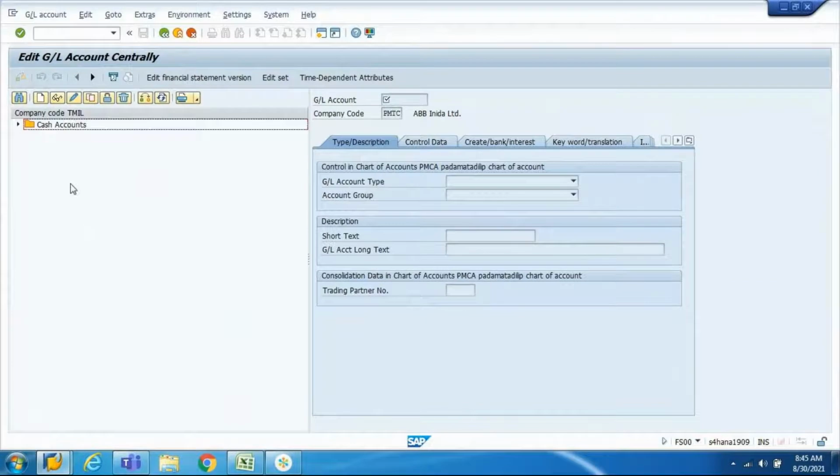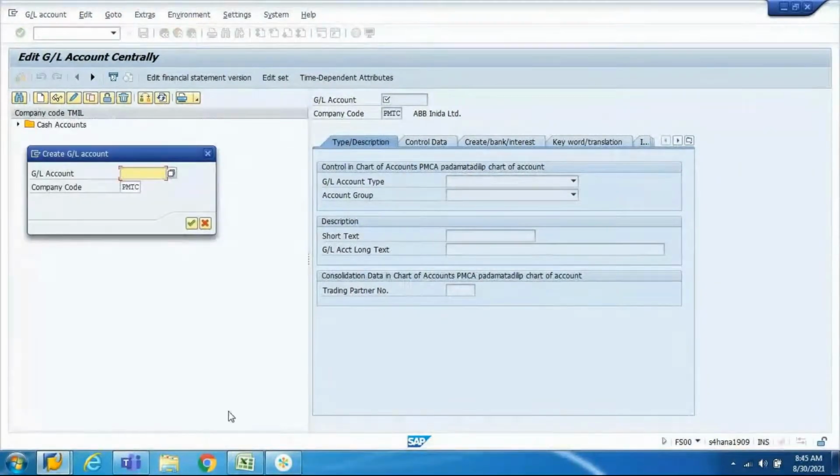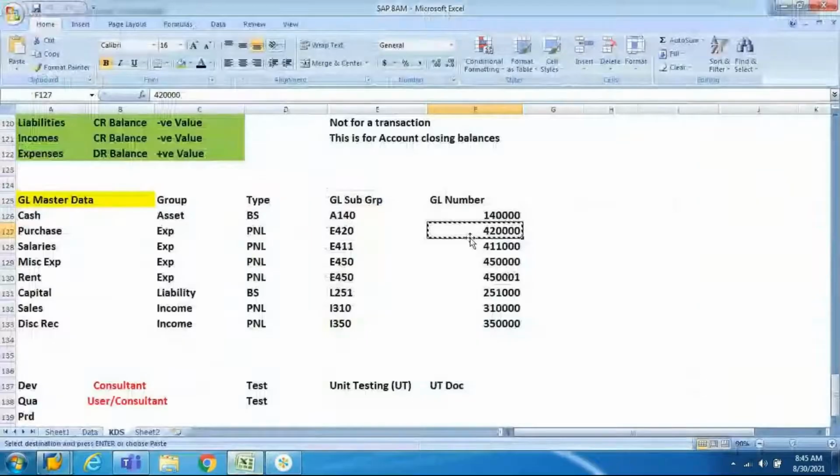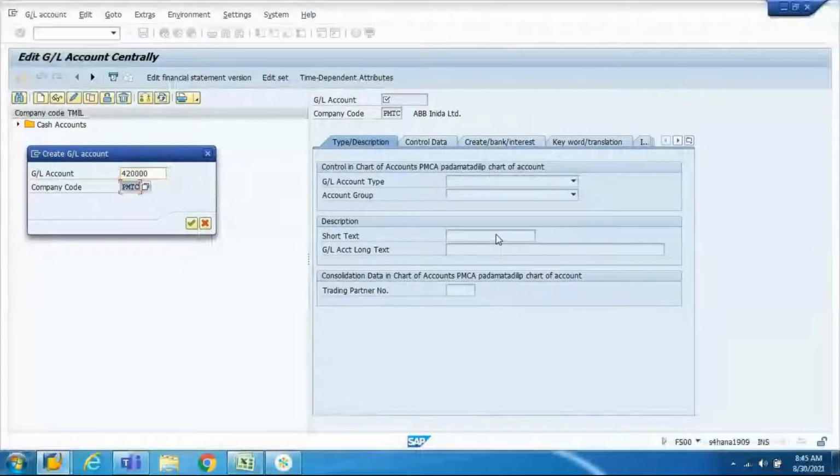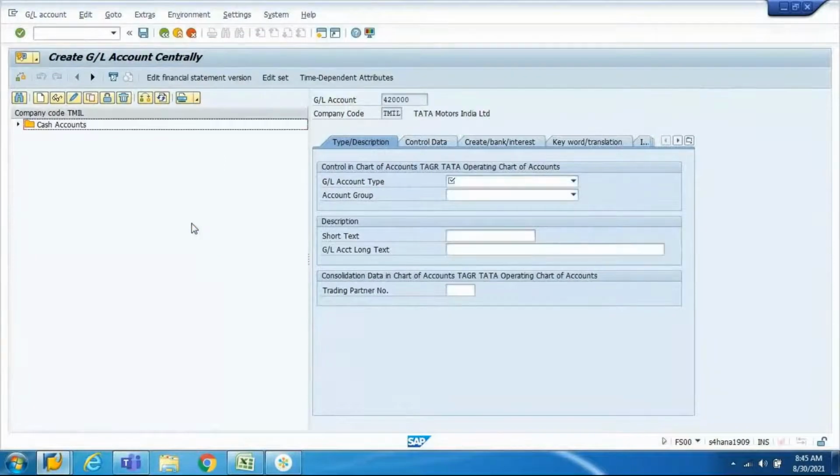If I hit enter and click on the create icon, now this will get changed here. I click on create. Now, input the GL account 420000, and you're creating this in the TMIL company code. Say OK. Now this is changed here to Tata Motors India Limited.